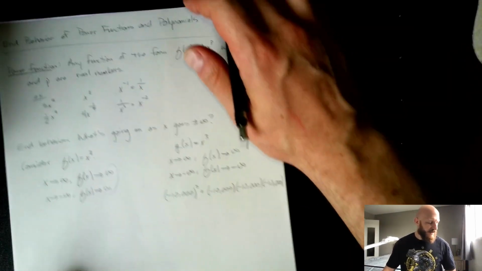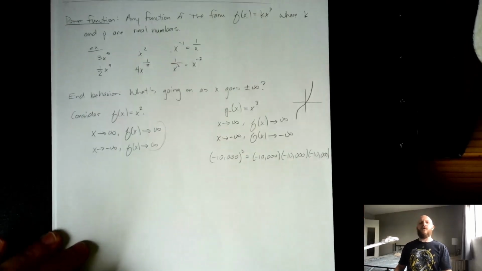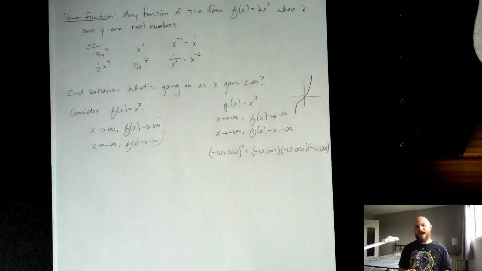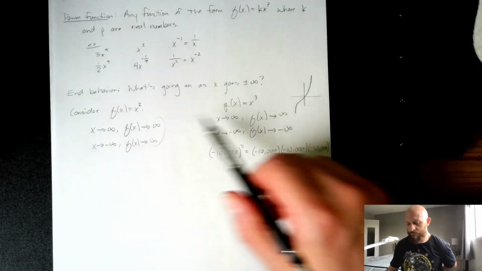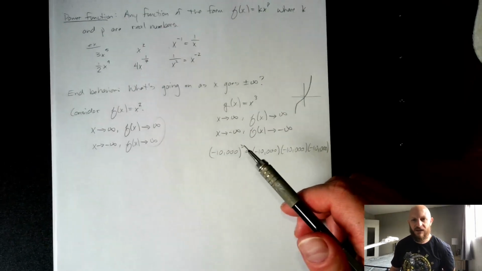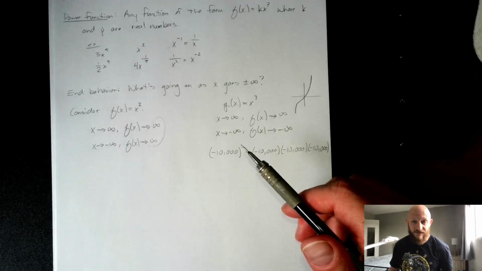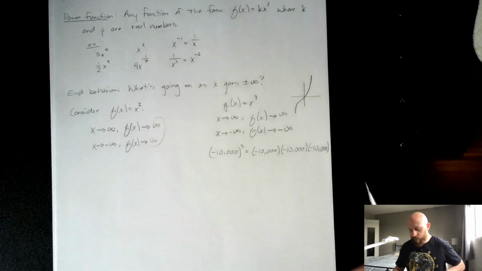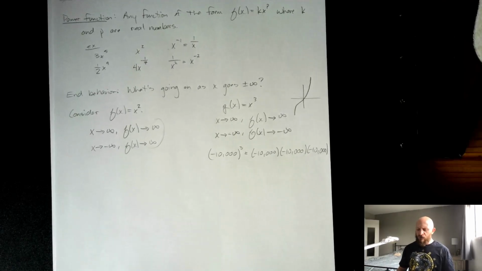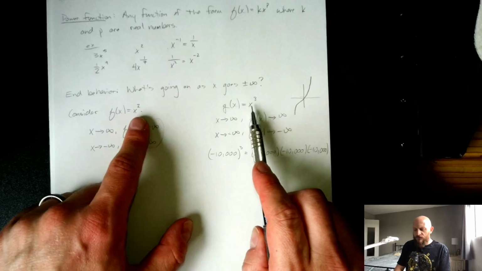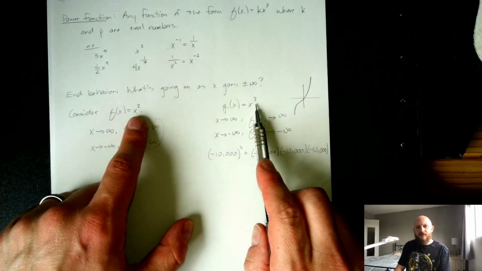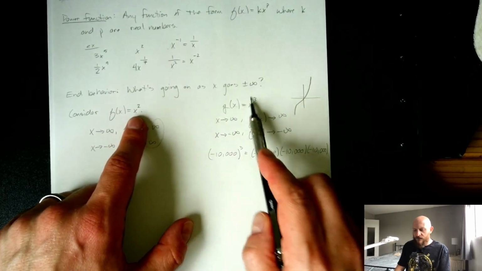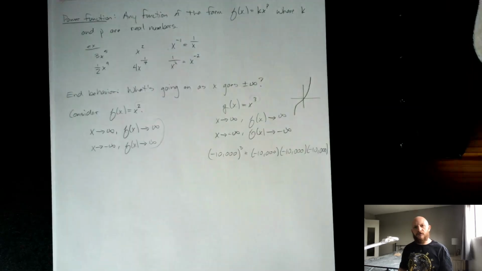And there is kind of an easy way of thinking about this. I mean, if you have to, you can think about it exactly the way that I just explained it to you, which is thinking about, well, what happens when we plug in a really large number into here? What is going to happen? But the other way is assuming that you're looking at a power function that has a positive degree. The degree means what is the exponent. As long as those are positive,